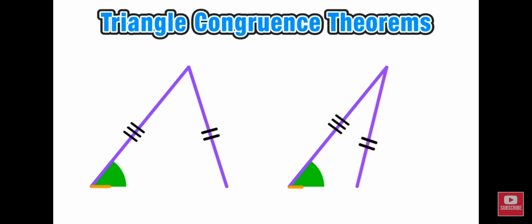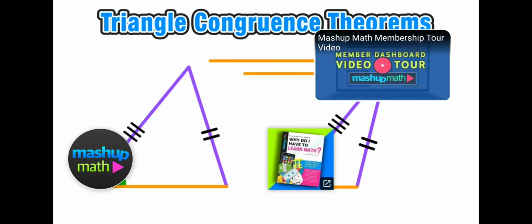Now if I draw it this way as an acute triangle, I see that I have angle side side, however, the base of each triangle clearly are not the same, and